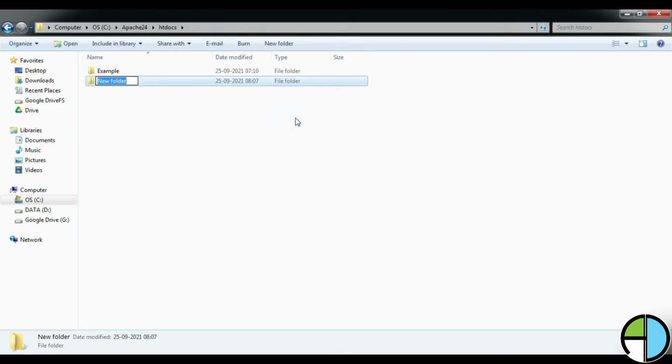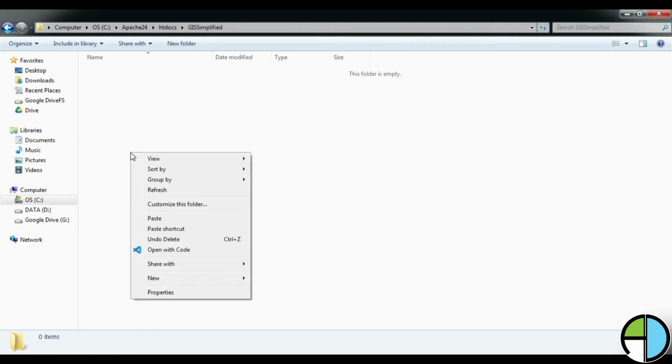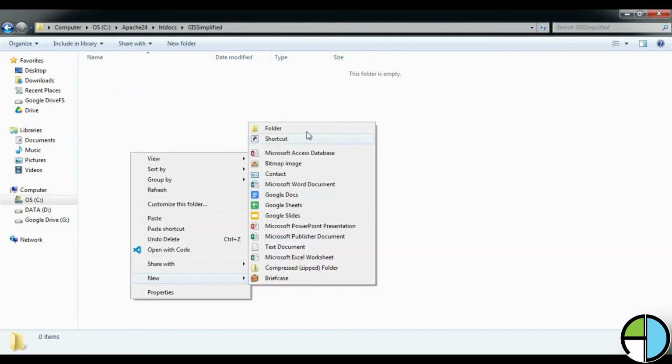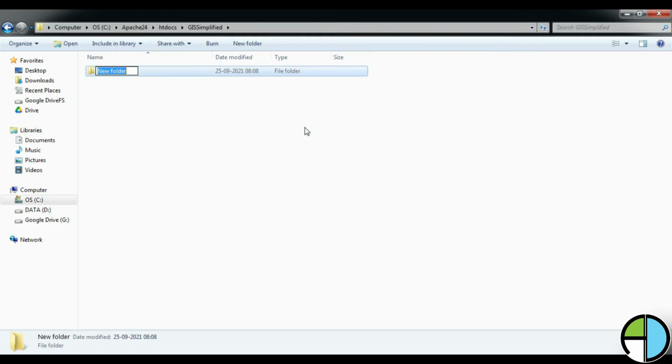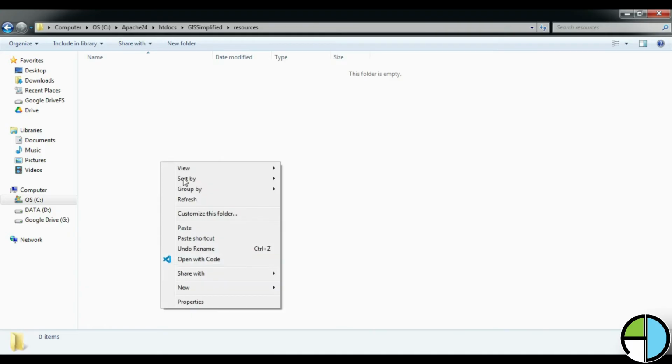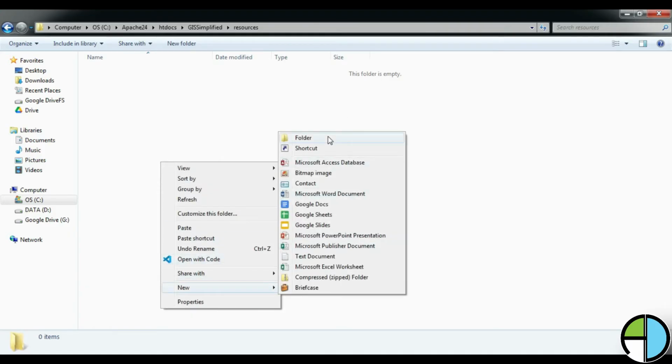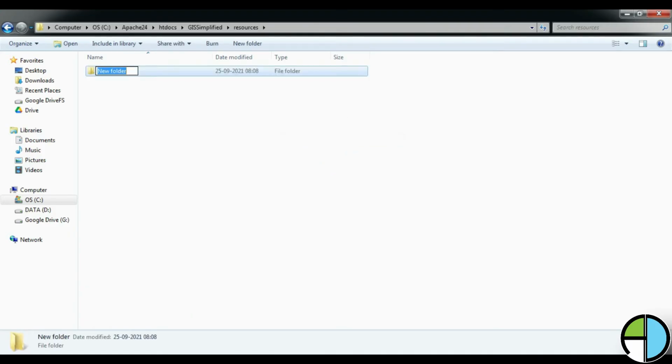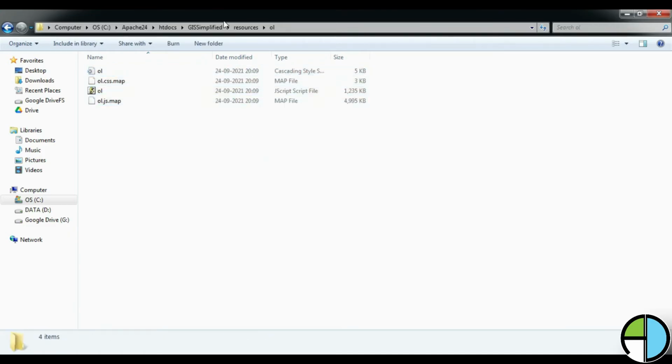My application will be published as http://localhost/GIS simplified. In the GIS simplified folder, I will have all my web pages and other resource files. One of the resource files is the OpenLayers libraries. So I am creating a resources directory inside that, and here I am creating one more directory, OL, for the OpenLayers JavaScript and CSS files. I am pasting my OL libraries here.